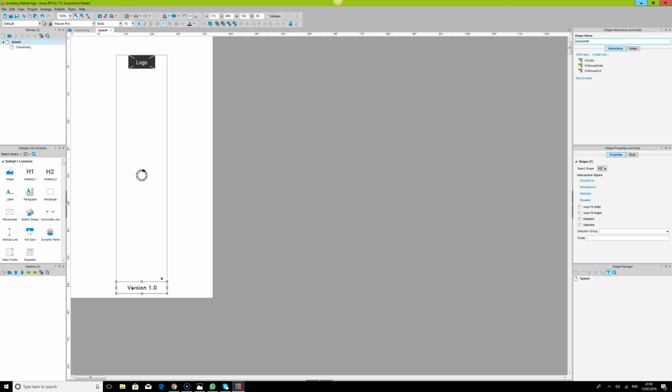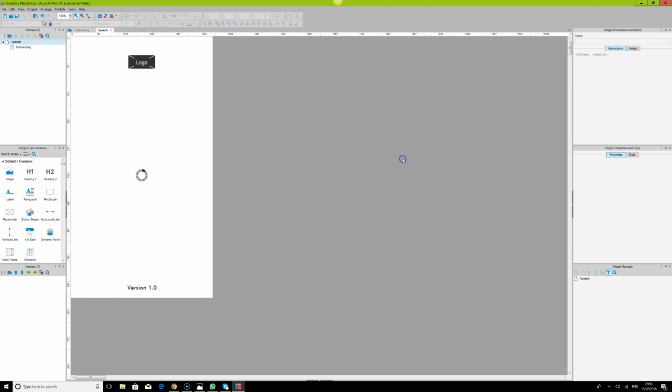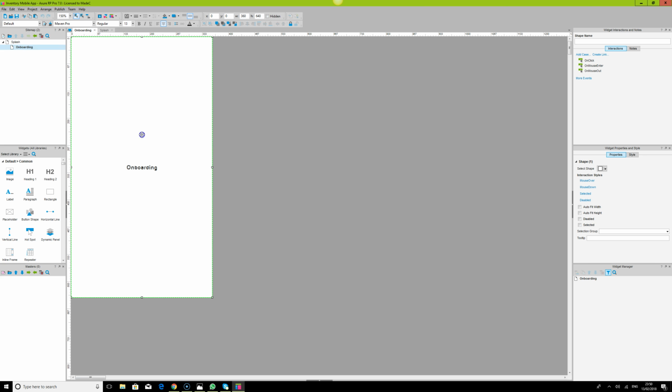If you are coming from a programming point of view, you will know you just name it as txt instead of writing the full text. So we've named this widget, and we're going to go back to our onboarding screen,